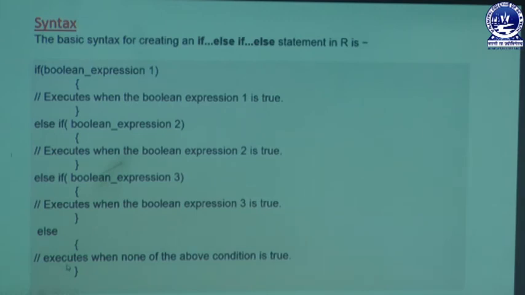So, you have to remember these things: you can write multiple if else statements inside a language, but we have to follow a proper sequence of writing. That means first we have to write the if condition, then else if, as many else ifs as you like, and at last we have to write an else block.